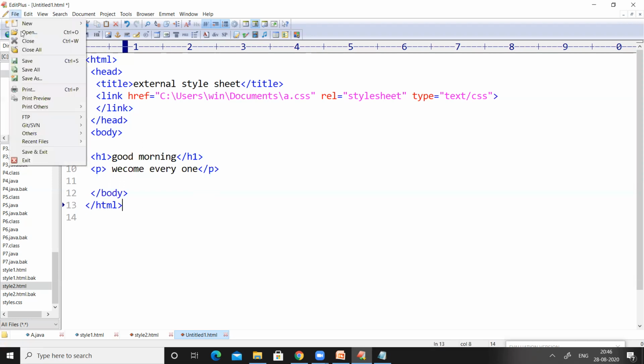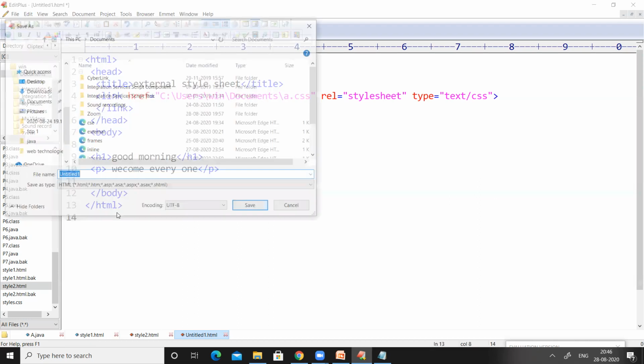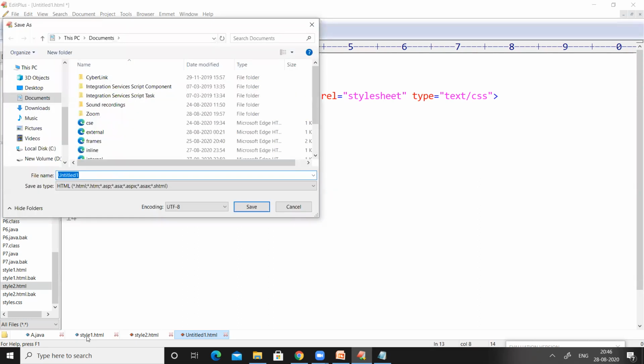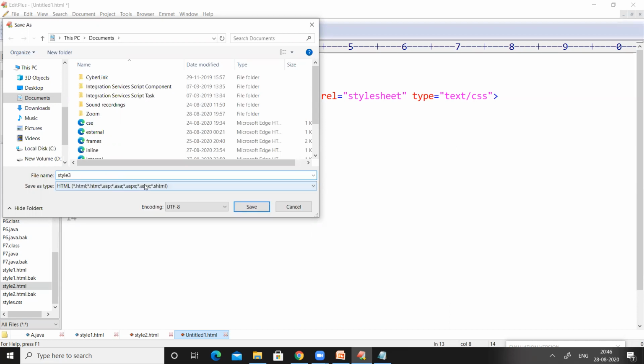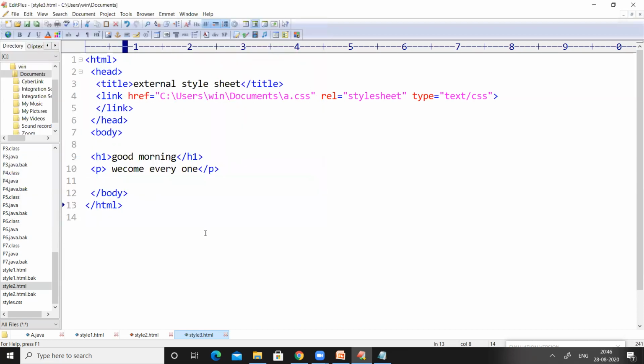Now save the code, right? Inline was saved with style1.html, internal was saved with style2.html. So let us save this one with the name style3.html, right?